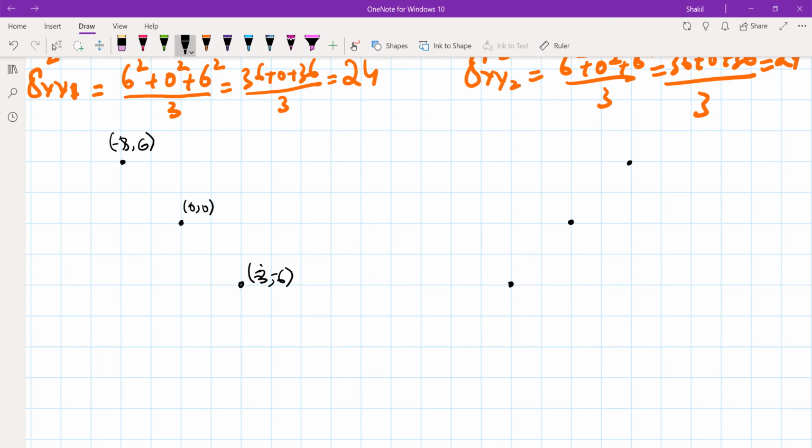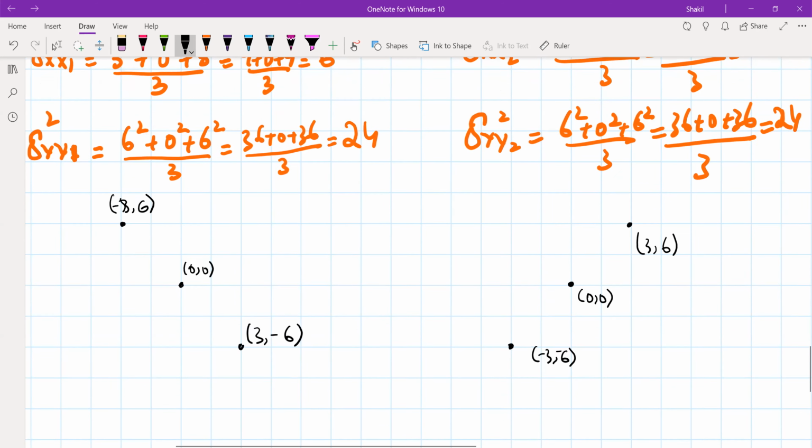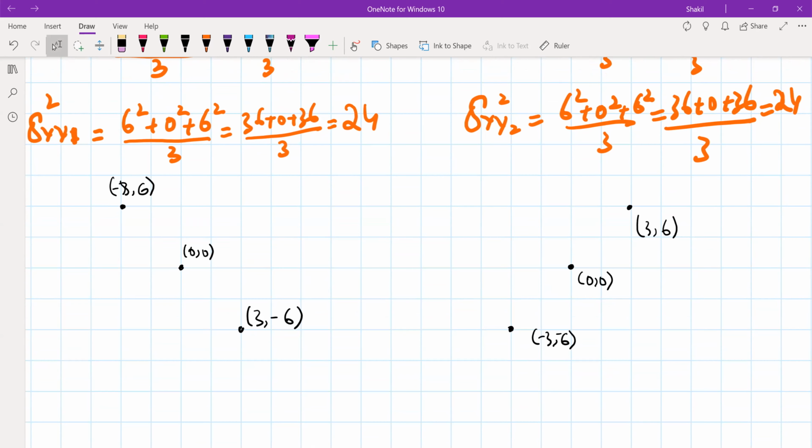No, this will be plus 3. Sorry, this is plus 3. The first data point is plus 3, minus 6. Similarly, for the data set that's here, the coordinates are: minus 3, 6, minus 6, 0, 0. This is 3. See, the two classes of data are totally different, but the variation is in x and y